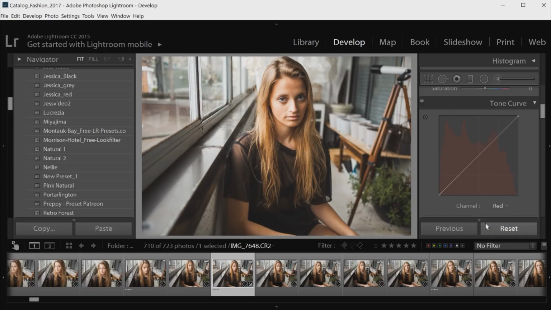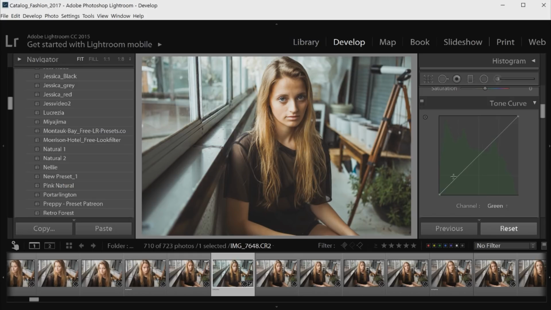So we'll go into the red channel, and we'll just continue making a few adjustments here until I get something that I kind of like. And then put in another point here. And then leave the last one at 100. So we've got a little bit of an S-curve going again, but it's kind of like in the opposite direction for the reds. And then we'll go into the greens